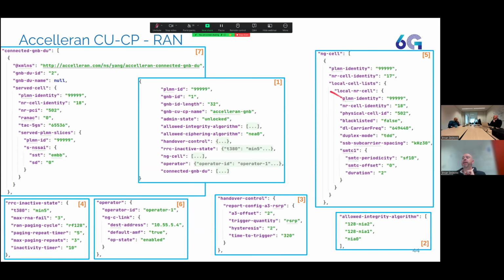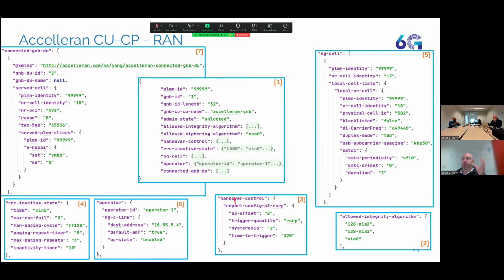And then finally, part of the system as well is the configuration aspect. So how can I configure my network, or what are the configuration parameters on the CU or DU side? These are some of the parameters that we have in our network. So, for example, you can see that we have the PLMN, the cell ID, the PCI information. You have handover parameters here as well.